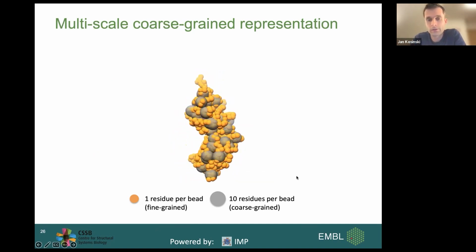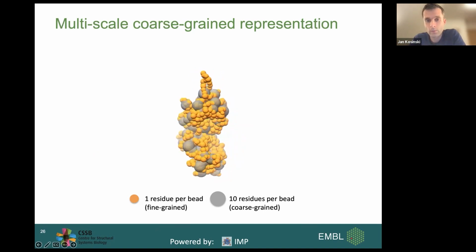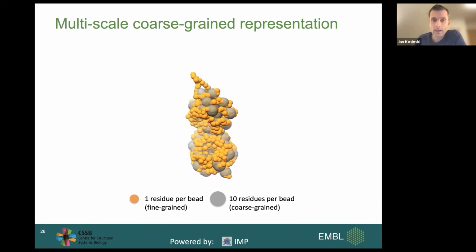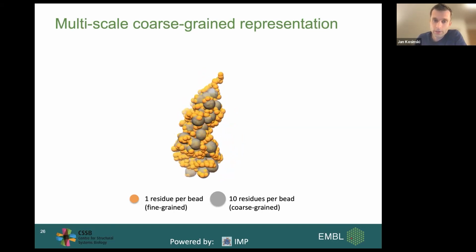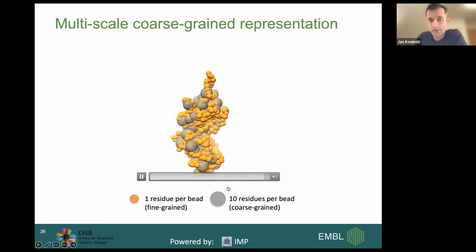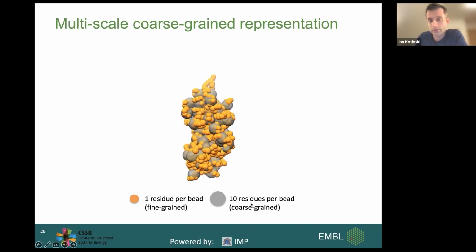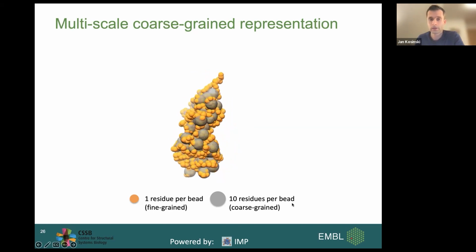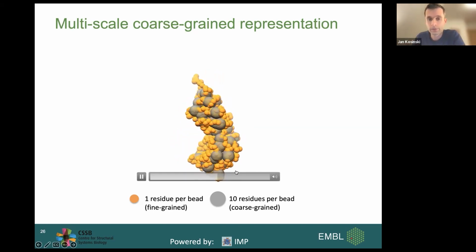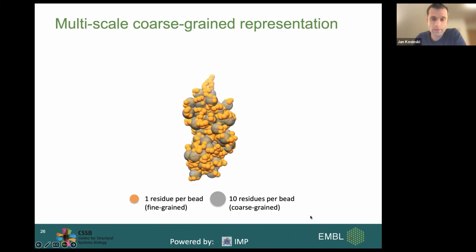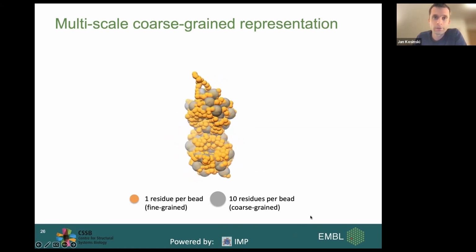And now you can use this representation in modeling in a way that, for those restraints that need precision and are not computationally too costly, for instance crosslinks, you can use this high resolution representation. And for other restraints like electron microscopy fit restraints or the clash score restraint, you can use this low resolution representation. So a balance between precision and computational efficiency.